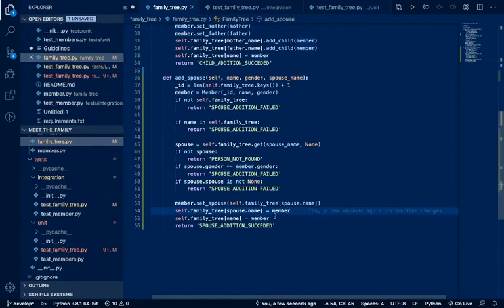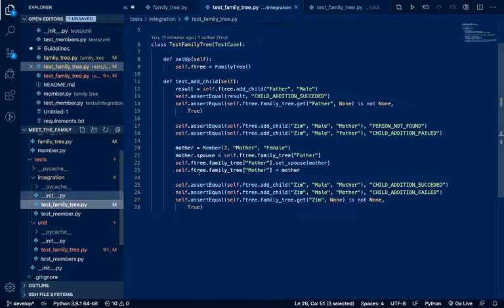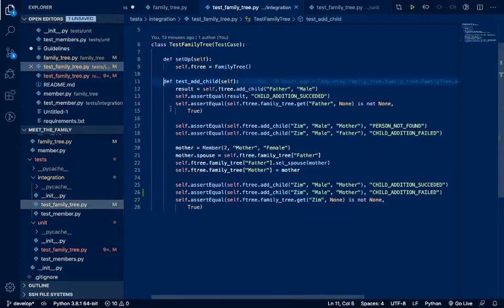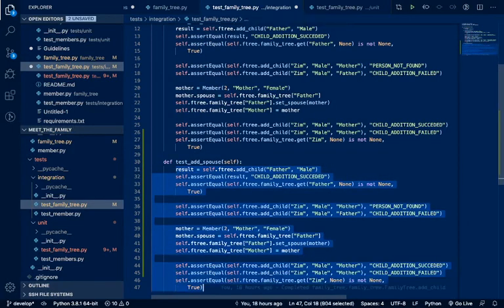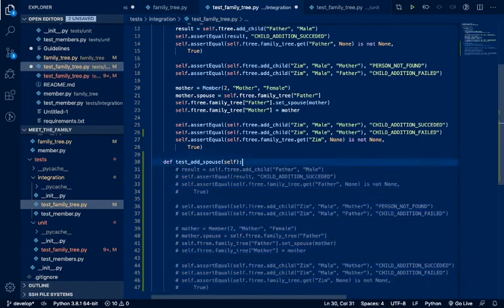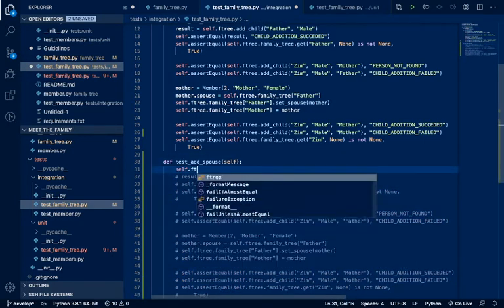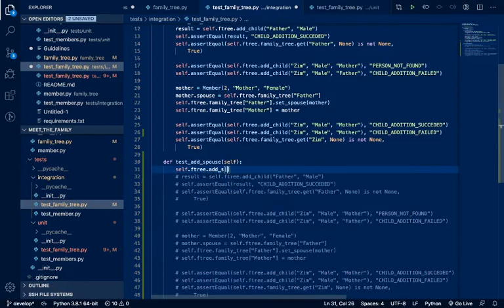So let us do the same thing for our integration tests as well. So instead of add child, what we are going to do is create add spouse, right? So the test is going to differ somewhat. So when the tree is empty, self dot f tree dot add spouse, and it takes in wife,